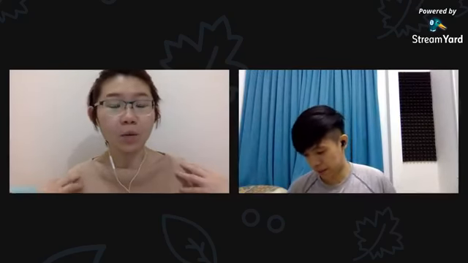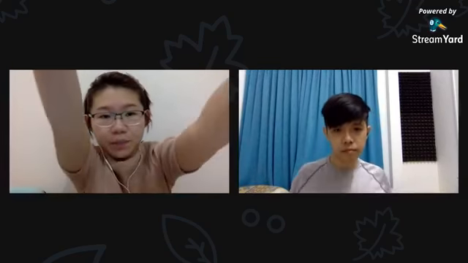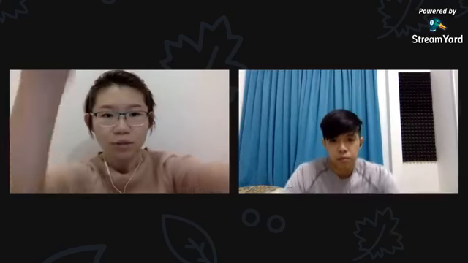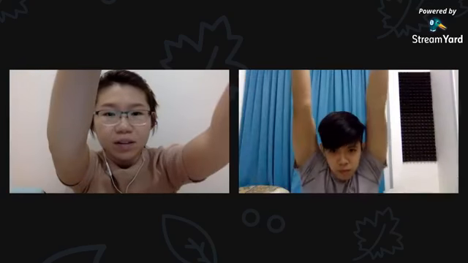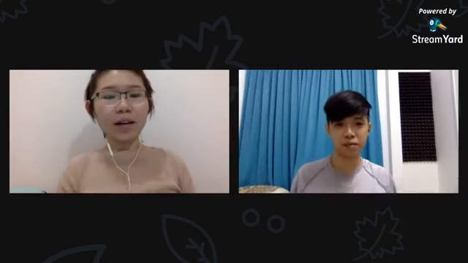So one of the experiments that you can do, because our posture is very important for the movement of the shoulder: try to slouch yourself and then try to lift your shoulder up. You slouch and then you try to lift up. It's hard. Compared to upright, then you lift up. You will feel it's easier to lift. So this is how our posture can affect shoulder function and movement.